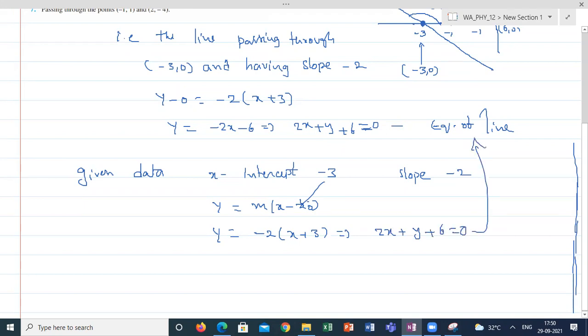Whatever method you use, you'll get the same answer. So it's your wish how your mind will retrieve the concepts at the moment of the examination. It depends upon the student, how they practiced, what method they feel easy. So whatever method you use, both are correct. First I used the point and slope form. Here I am using the slope and intercept form. So both are related to the slope concept only. Hope you are clear what I am trying to say. Is it clear, students? Yes, sir.